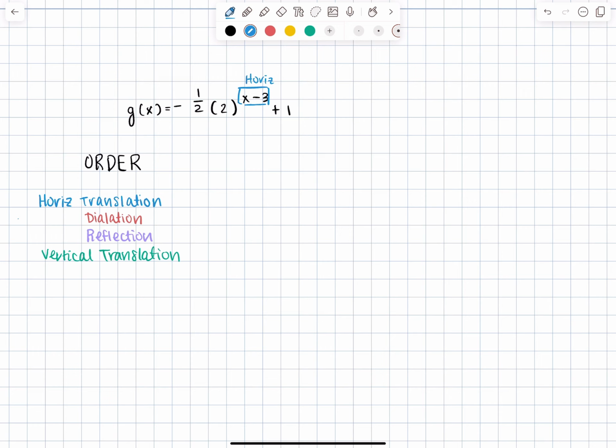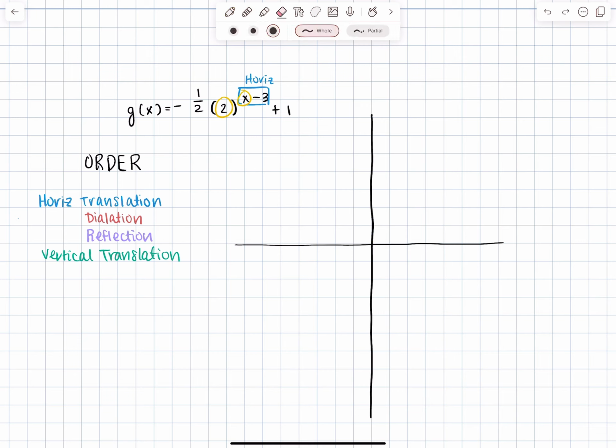We start off by identifying what parent function we're dealing with. What is our parent function? We see that there's a 2 raised to the power of x, so we know that is an exponential. That's going to look like this: 2 to the 0 is going to be over here, so when x is 0,